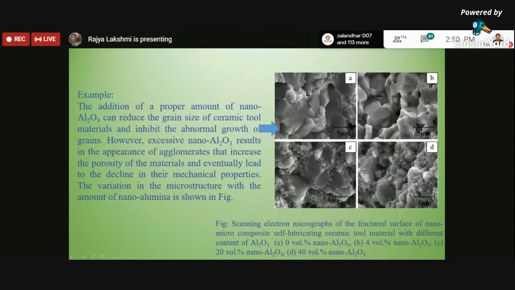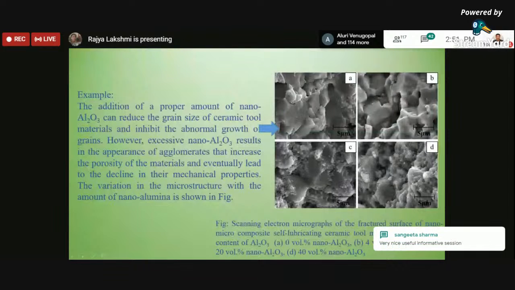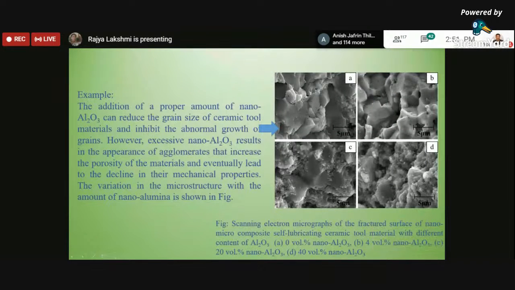Further, you can work on modeling. You can work on mathematical modeling of the mechanical properties with addition of particles or reinforcement with other nanoparticles to the base metal, to see how the properties improve. Once you do modeling, you will have an idea of the range of proportion of reinforcement with the base metal so that properties move in a positive, improved direction.